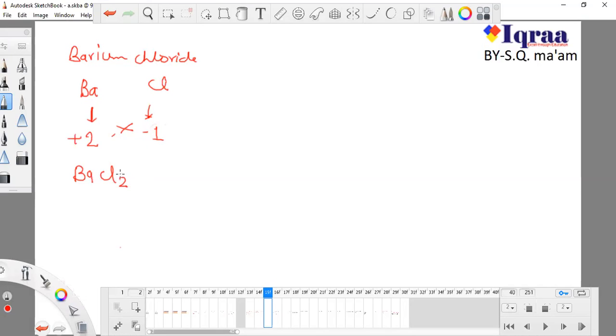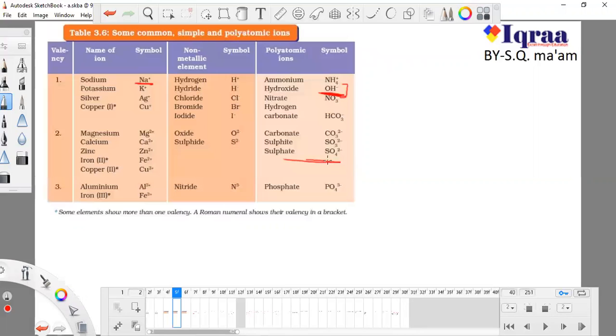Now, how did I write barium sulfate? This is my barium and this is sulfate. Now how did I get this? Barium, maybe it is not written here, I'm telling you about barium. And you have to learn the 20 elements I told you. If there is only a plus sign, that means the valency is 1. And if the sign has 2, 3, 4, whatever, that is the valency. It means that the valency is 3.